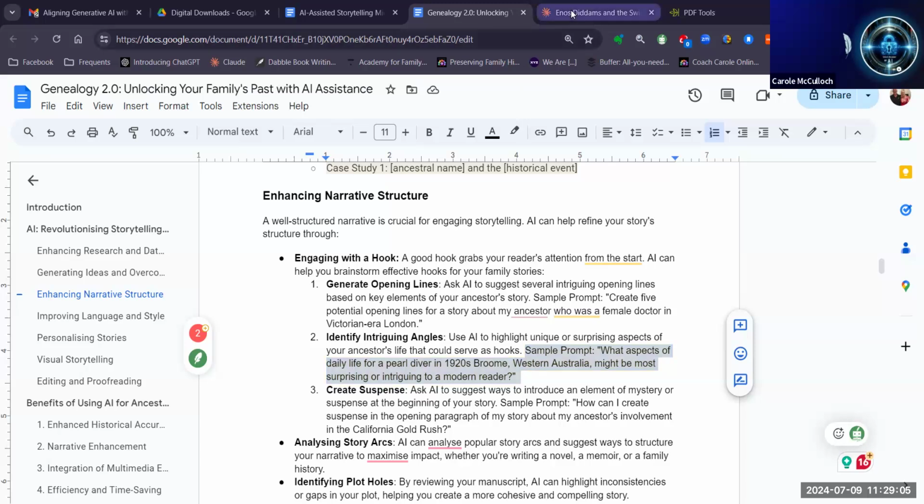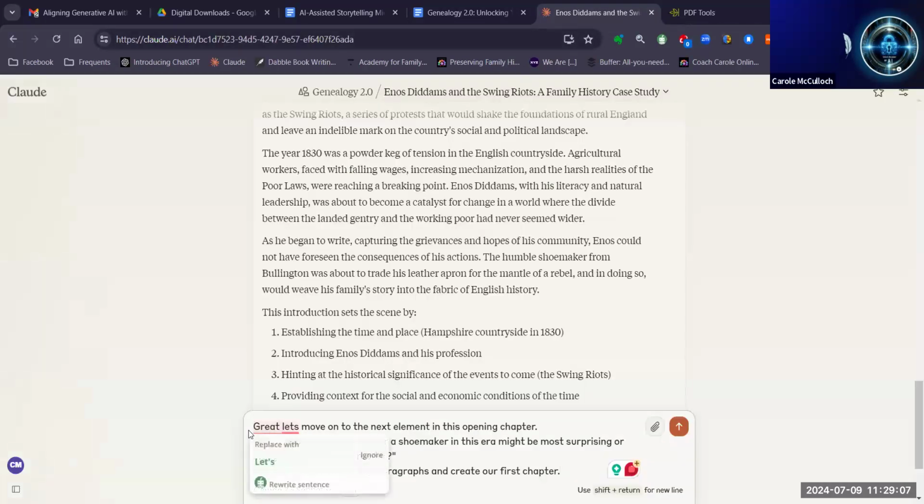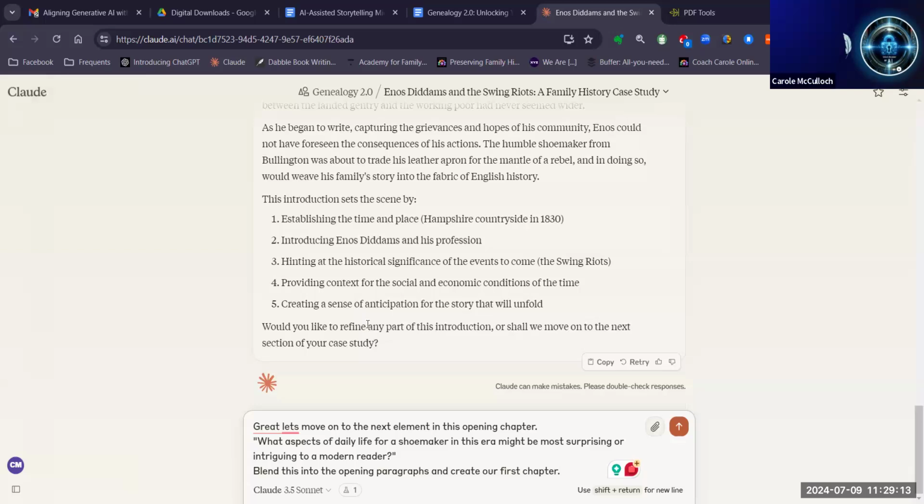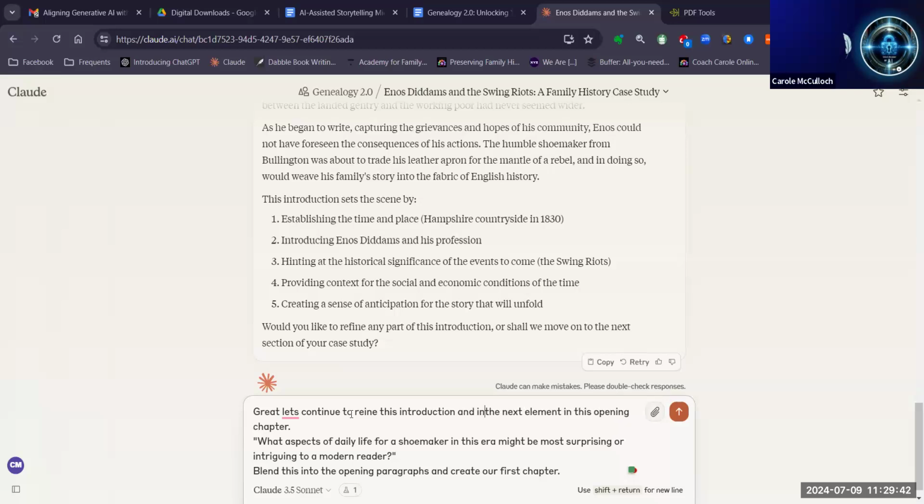So over here in Claude, I've put that prompt in place with some instructions. Because remember, it left us with this question about whether we would like to refine any more of this introduction and then move on to the next section. Actually, I think we should say that let's continue to refine this introduction and introduce